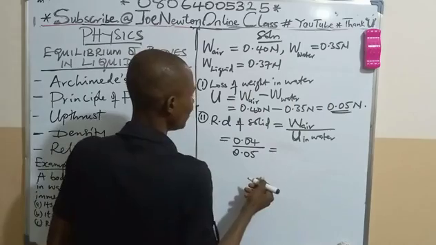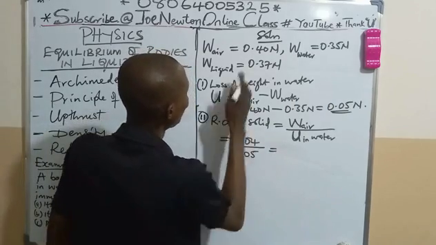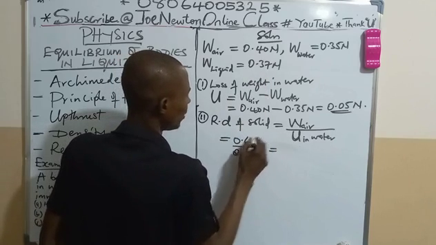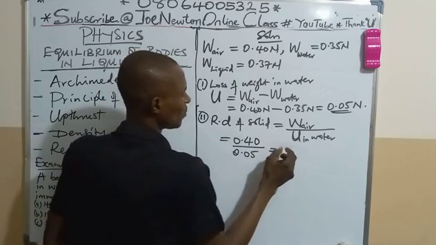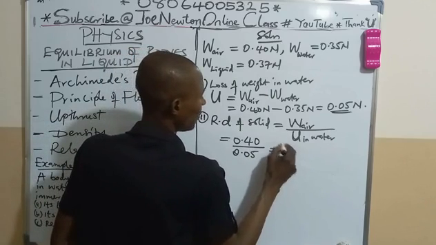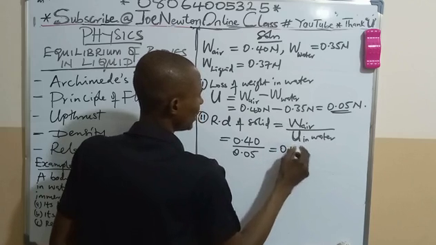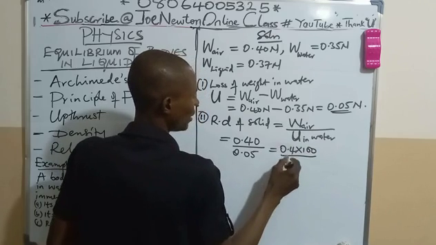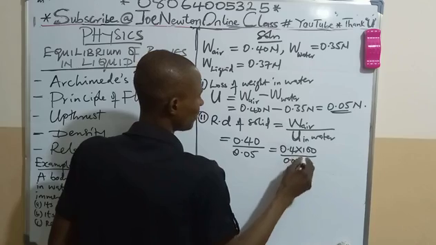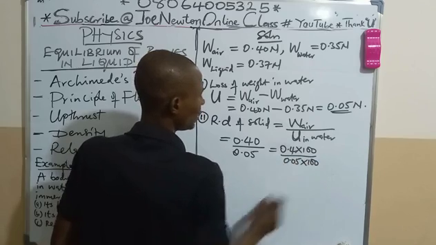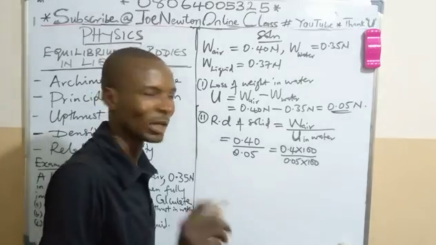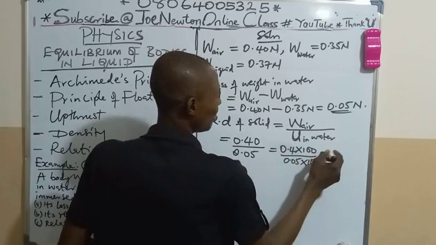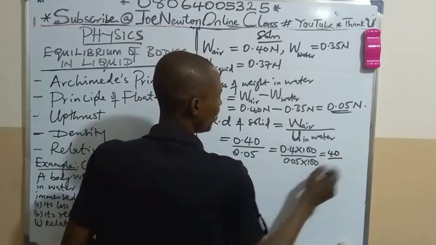It is like having the weight of the object in air, which is 0.4, so this is like saying 0.4 times 100 over 0.05 times 100. I want to divide this without using a calculator, and that will give us 40